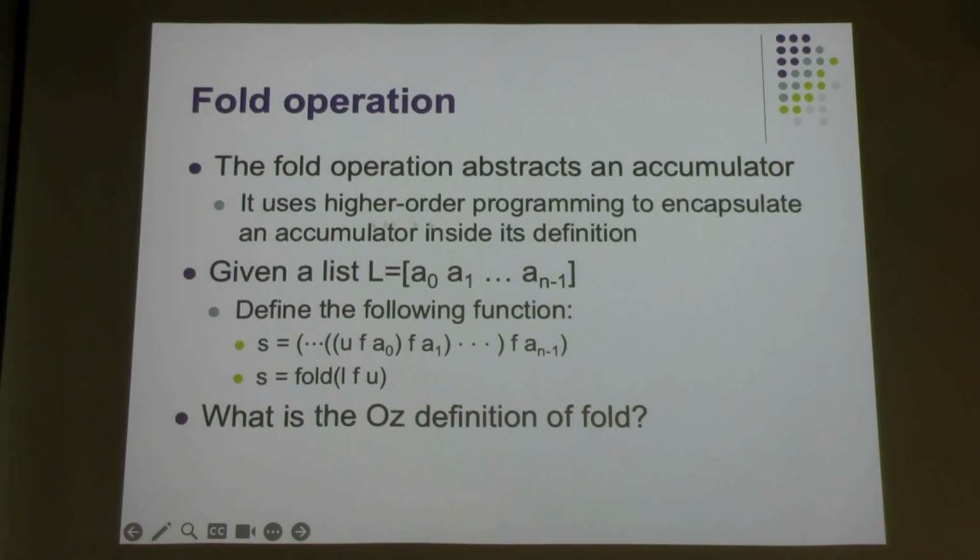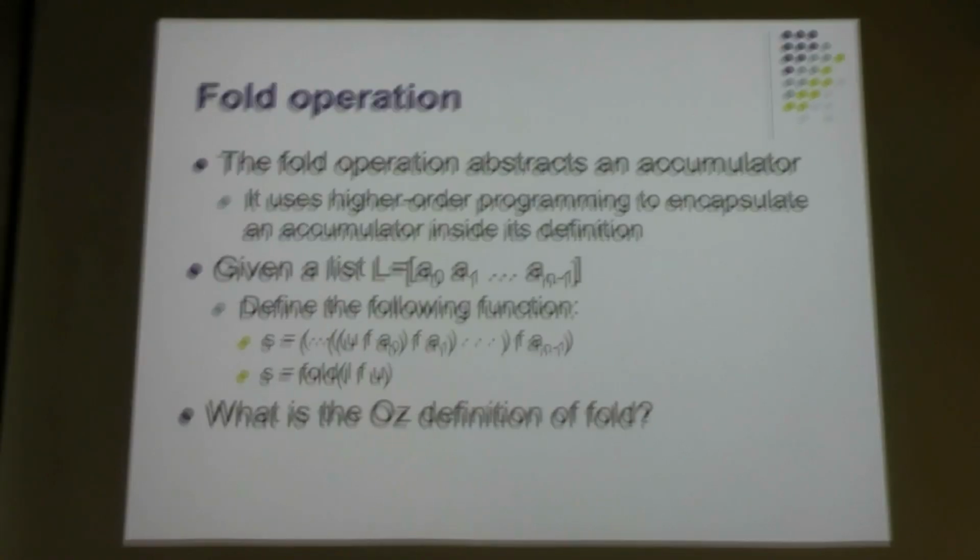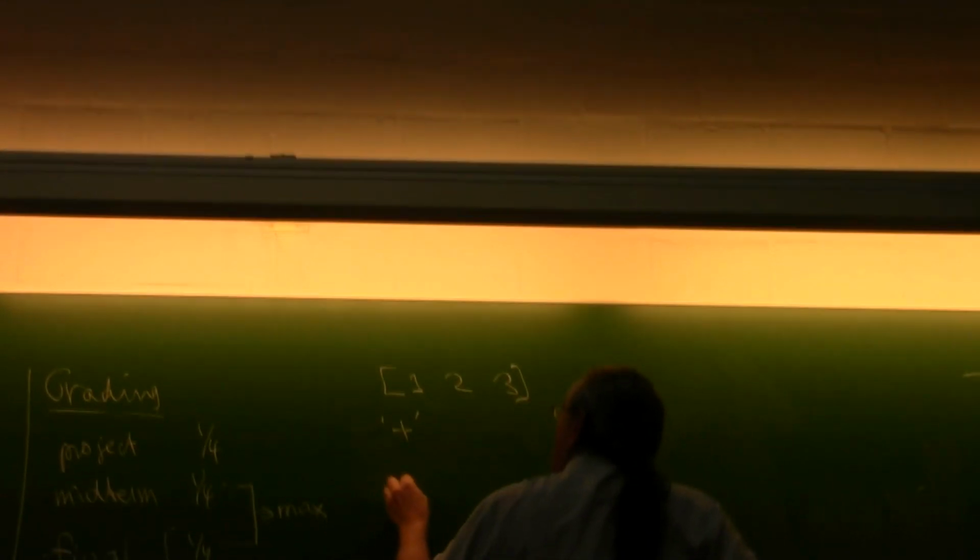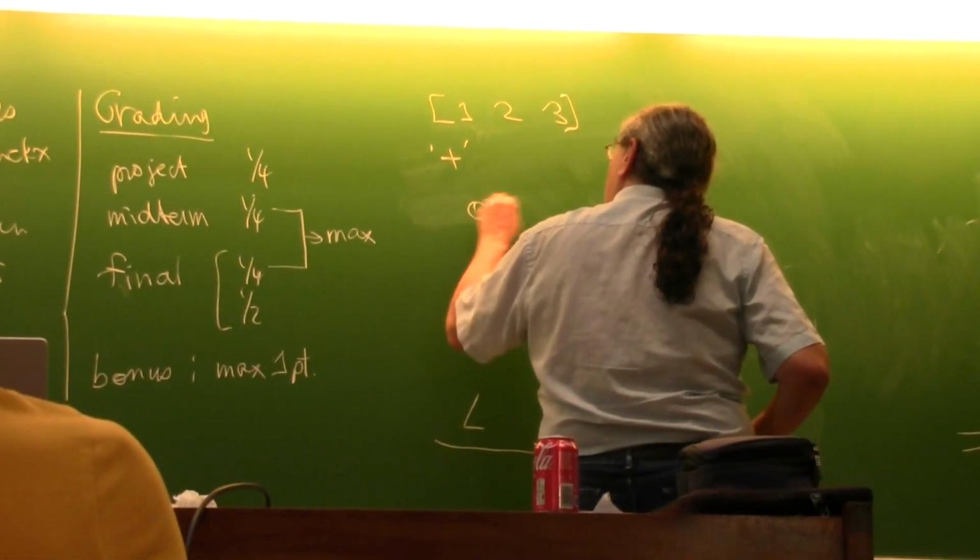So it's using higher-order programming, and there's an accumulator inside. The way it works is that if I have a list, A0, A1 to A(n-1), and a function f, I can define repeated application of the function. For example, if I have a list 1, 2, 3, and the function is addition, and I start with the identity element,